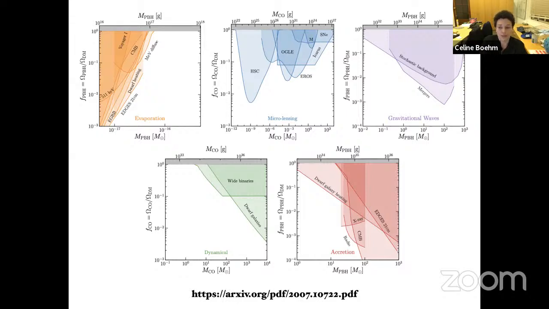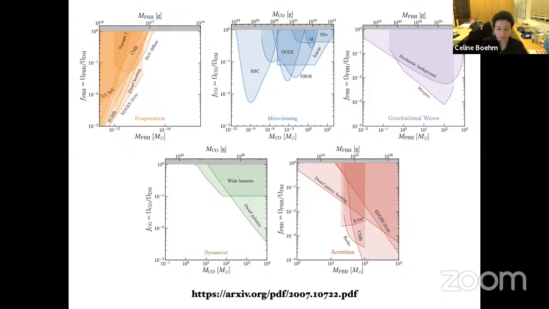Now you look at the plots on the left, for example, there are constraints coming from the CMB and from other cosmological observations, mostly because primordial black holes could evaporate and they would release some heat, and then from there you can put some constraints. They would emit some particles, so they could, for example, produce some positrons, and the positrons can annihilate with the electrons, forming a 511 keV line and so on. So from there, you can see that